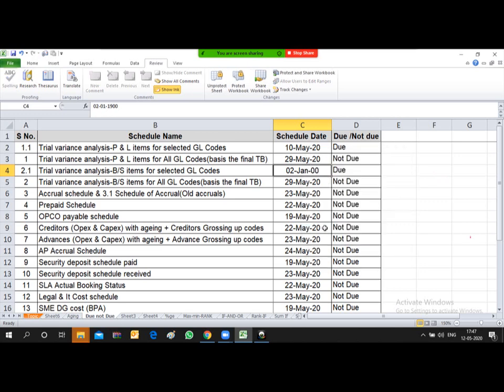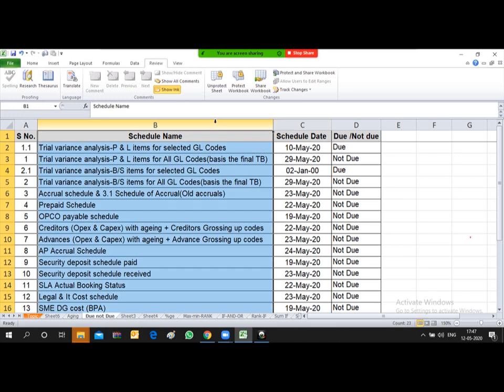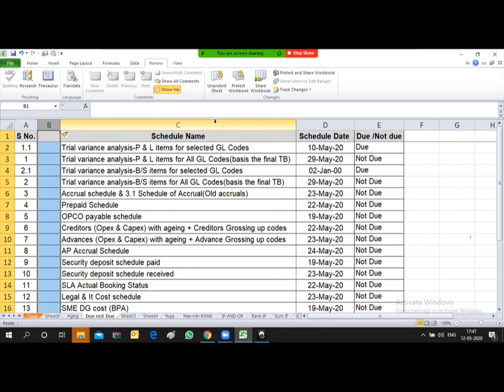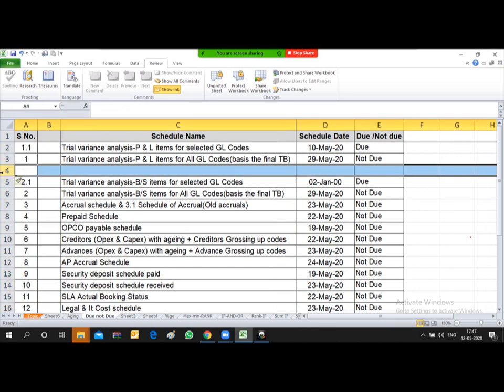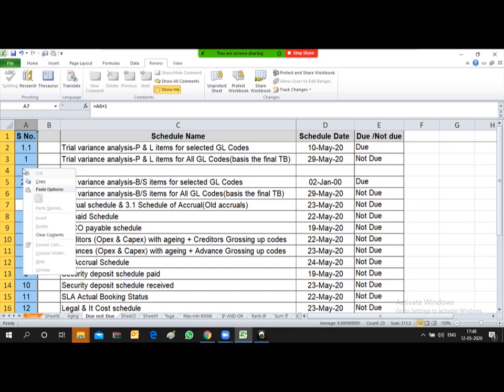So that is again capital A. Now suppose I want to insert a column, I can insert the column over here. I want to insert a row, I can insert the row. If I want to delete this column, it will not allow. Let me show you.